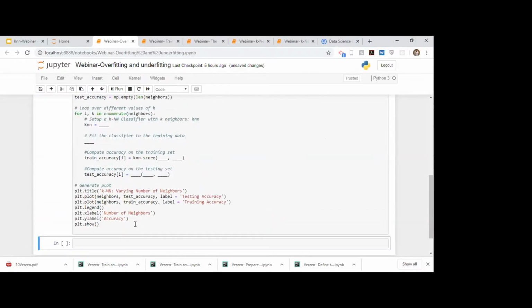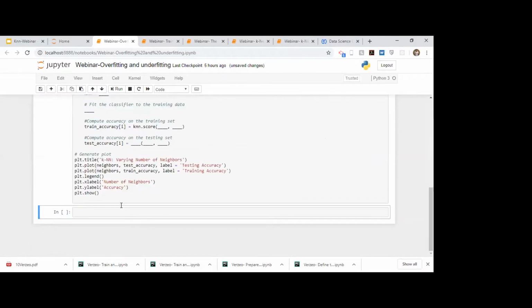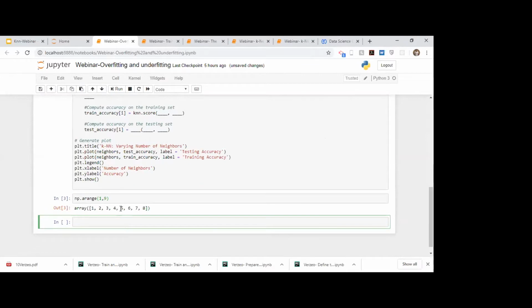I will just show you how np.arange works. So if you type np.arange 1, 9, what this would give you is an array starting from 1 and ending at 9 minus 1. It doesn't include the 9th element, all right? So if you want to include 9, you just increase this by 1 and this would include 9 as well.